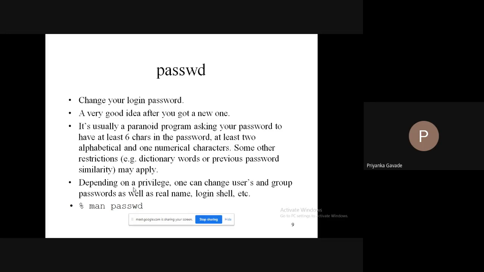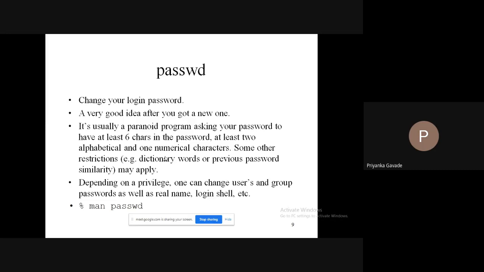So what exactly is a password? Why do we need it? You might be remembering that for your Google account, you set a username and a password to it, right? Similarly, in the labs, you might have observed that separate users are created on the system, and for every user you have a password. You need this password in order to log in to a system.